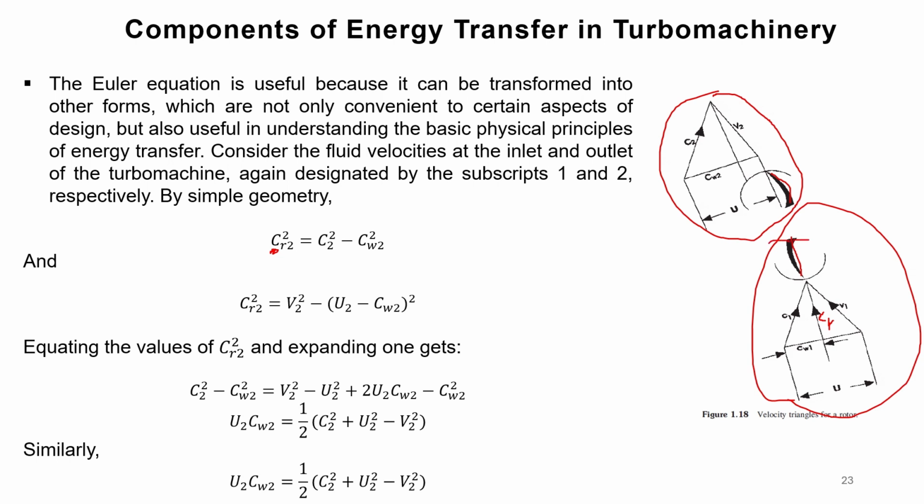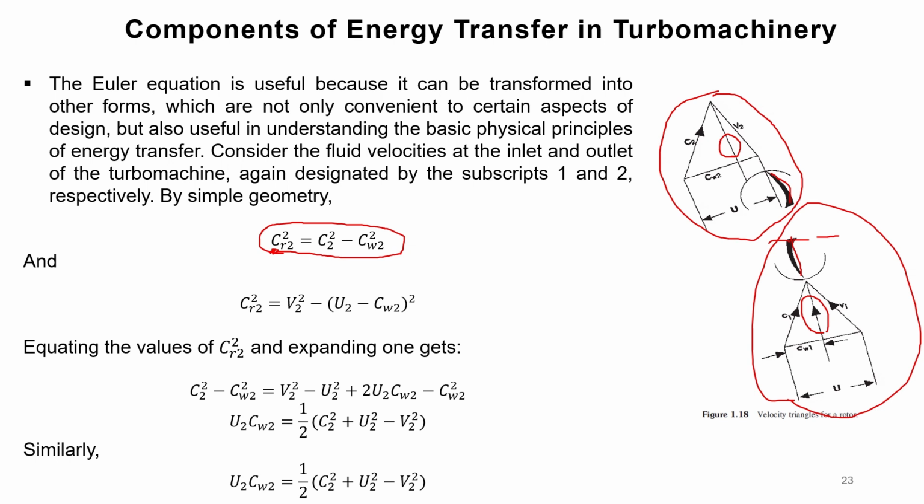This is the axis of rotation, right? Or if you will, this is the axis of rotation, and then we have the radial component C sub R1. So this is C sub R1, radial component of the absolute flow velocity, and this is also C sub R2. Now from this relationship we can state that the radial component of the flow velocity squared